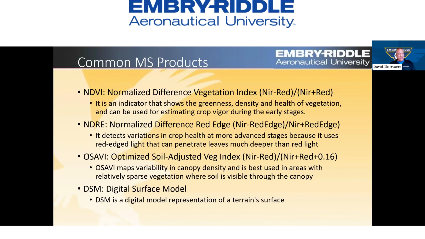A couple other ones down there I just threw in to show you that there are some other strange ones, like the optimized soil adjusted vegetation index. Again, all these are things where you can literally create the equation that I have written down there on the right, and do whatever you want with it in order to make what you want pop. So there's lots of different options here.